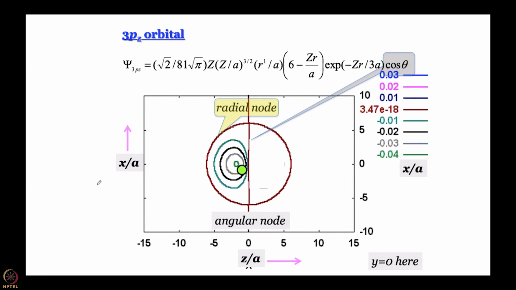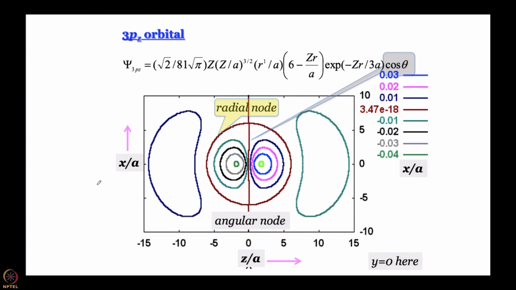So, what happens is when you start drawing from here, draw the line, here it has to turn, right, because it cannot cross the node without changing sign, and here we want to retain the same value. So, no change in sign. So, this is what it is. Now, cross any of the nodes, sign would have changed. Let us say we cross the angular node, sign changes, you get a similar looking lobe, but with opposite sign. Now, let us cross the radial node, once again sign change will be there, and you get a lobe like this. On the other side also you get a lobe like this. So, every time we cross a node, sign change is going to be there.